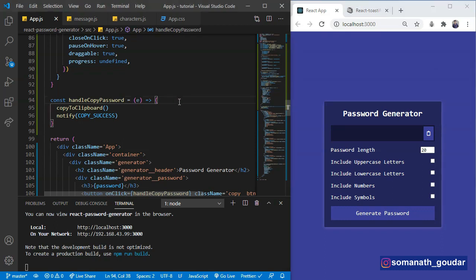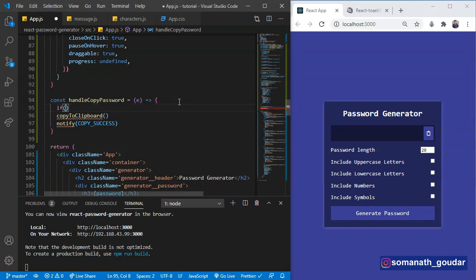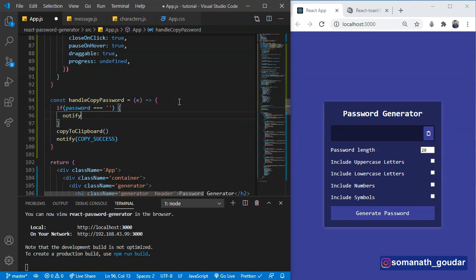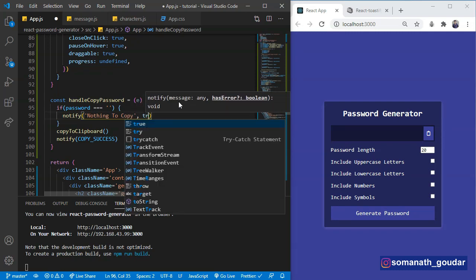Inside of here we are going to say if password is equal to an empty string, we are going to run our function, that is notify. I'm going to pass in the message there is nothing to copy, and I also need to set this as true,